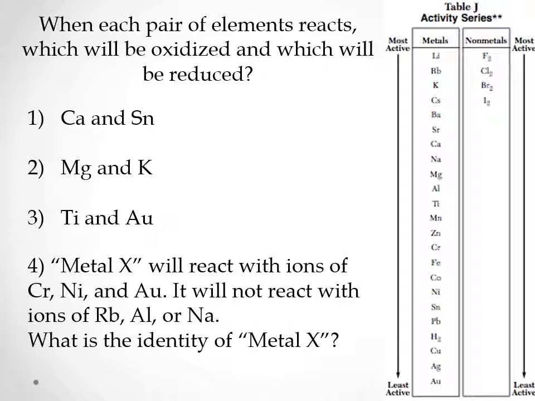Now we get to actually compare elements that are similar to each other. Remember, when metals react with each other, one of them has to be oxidized, one has to be reduced. They can't both be oxidized. So we just want to see which one's listed higher. That's the one that'll win out over the other one and get oxidized, and the lower listed one will be